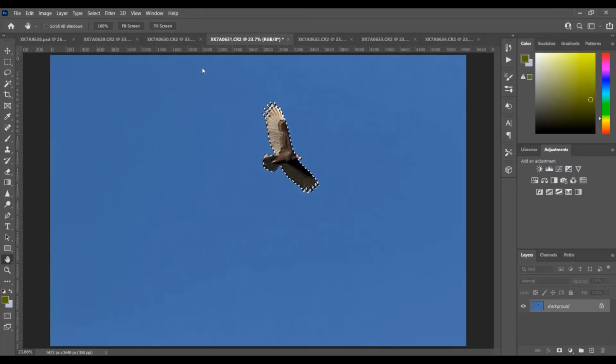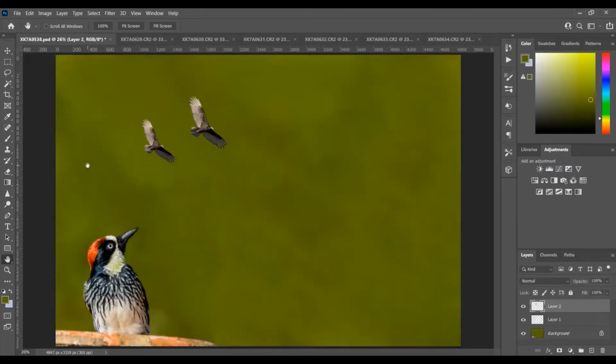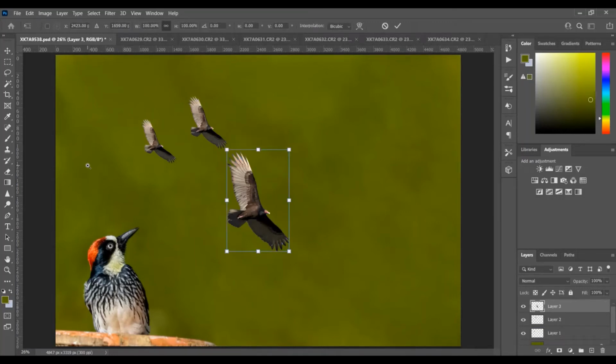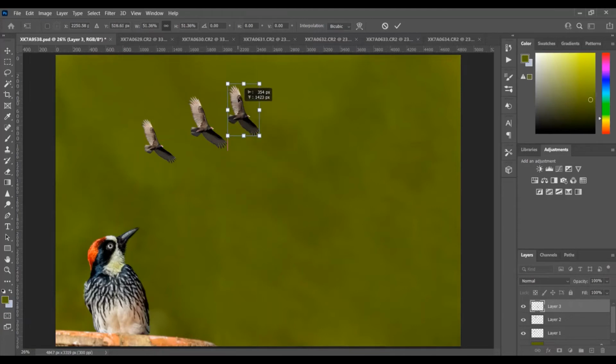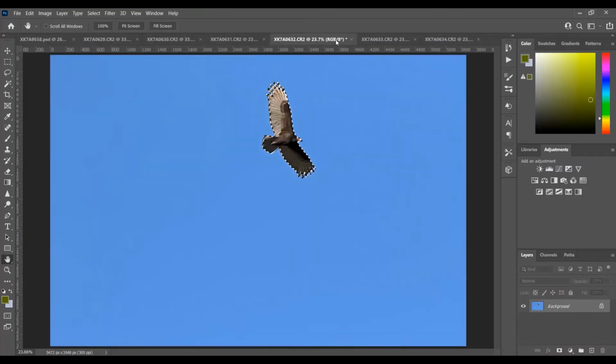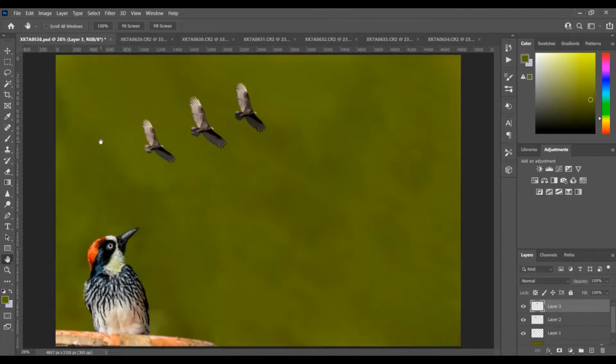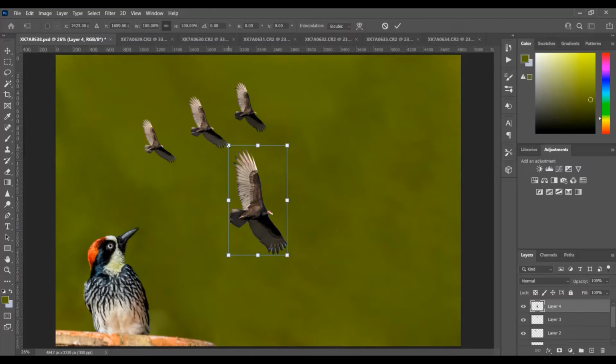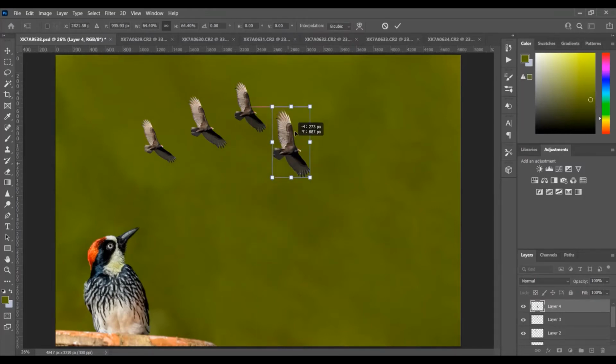So I'm just pressing Control C, coming back here, Control V, Control T to make it small, shift it to some other location, say okay. Again Control C, come back, Control V, Control T and shift it to some other place.